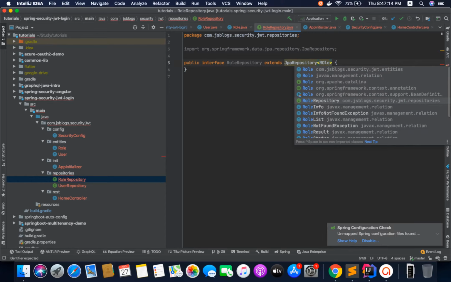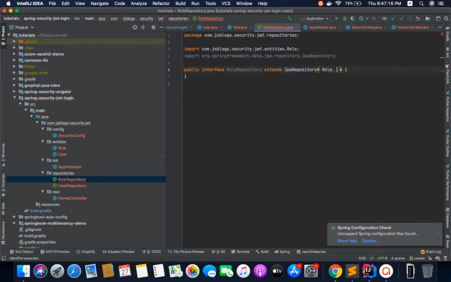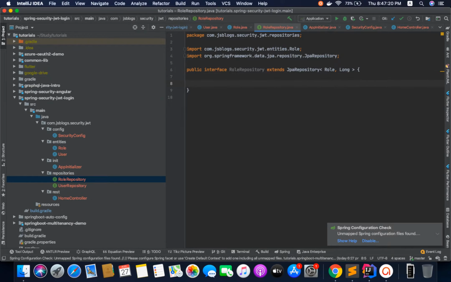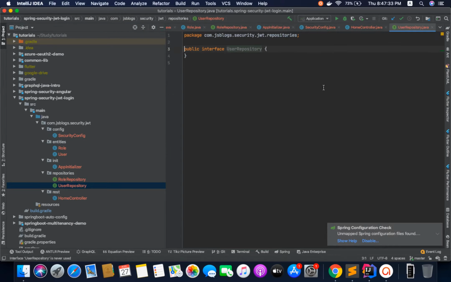So role and ID type is long. Let's define one method called role find by name. I'll use this one just to find the role by its name. Another one is